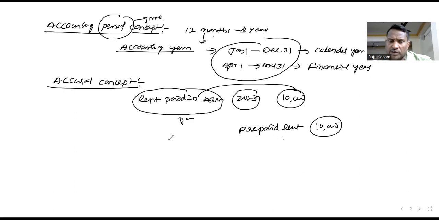Like this, if any expense is outstanding, suppose 10,000 rupees of salary is outstanding to one of the employees. He rendered the services for December. For December he rendered the services, and the businessman has to pay